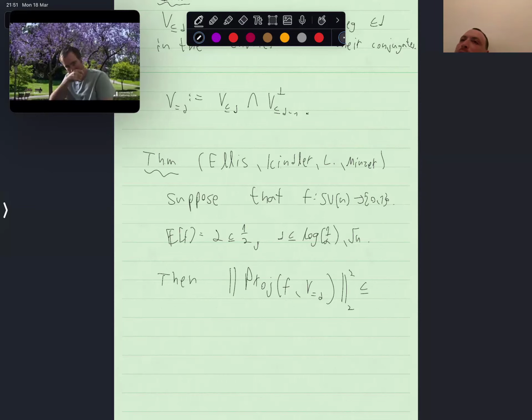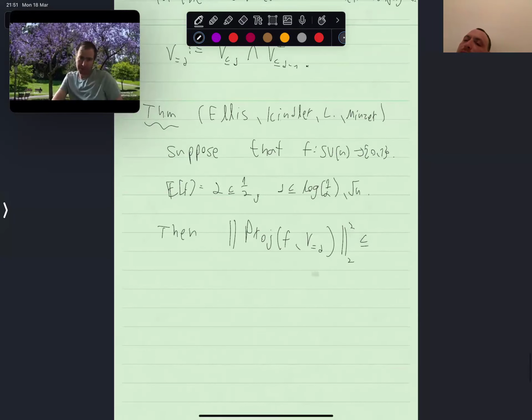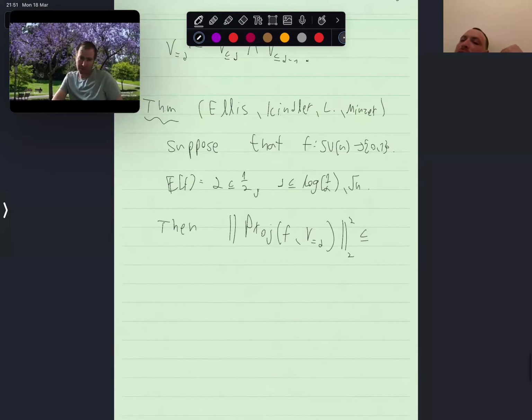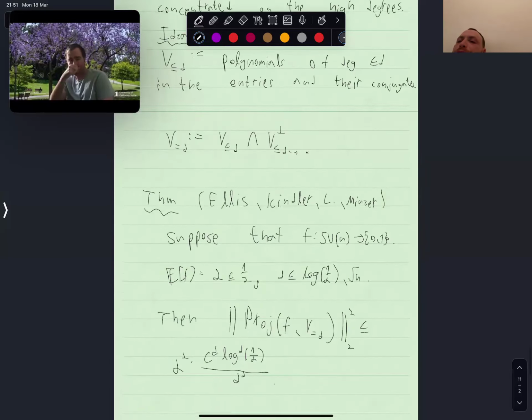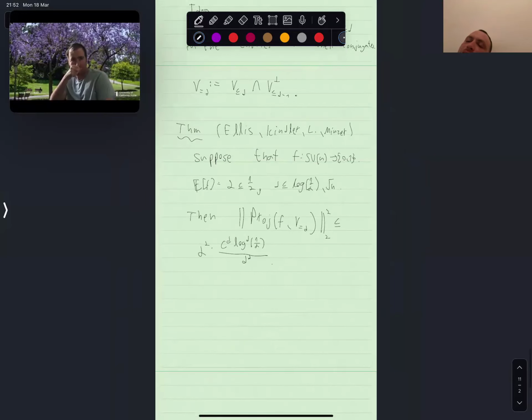Yeah, so when you do the same construction over the Boolean cube, you get exactly the same Fourier expansion as the sum of the Fourier coefficients at level D. You get exactly the same thing, that this is at most alpha squared times C to the D log to the D of 1 over alpha divided by D to the D. And basically this is one thing,